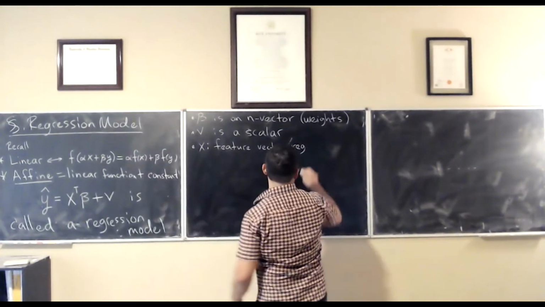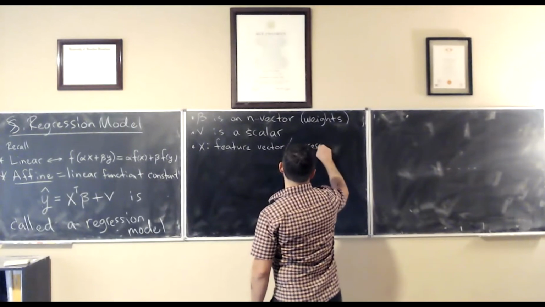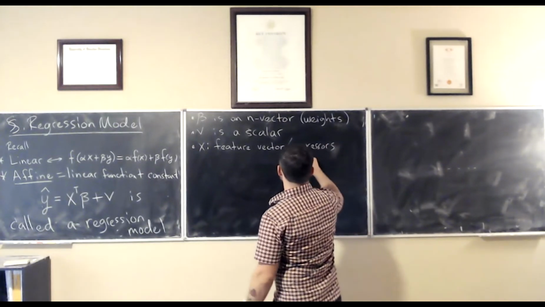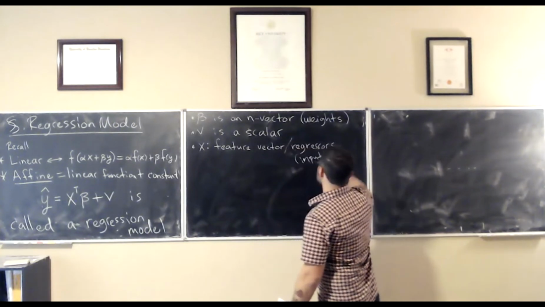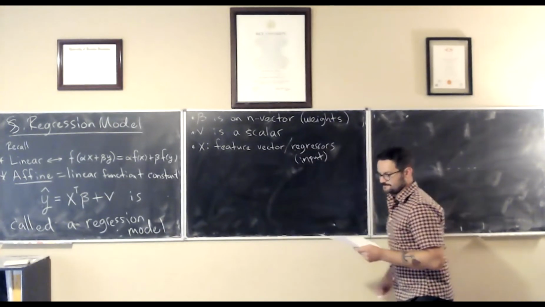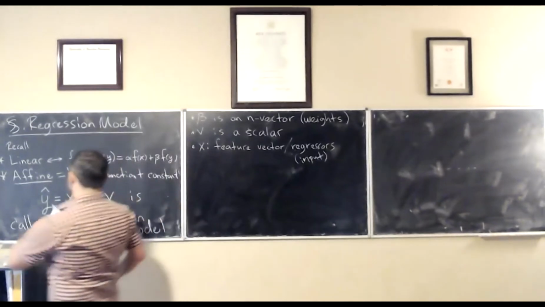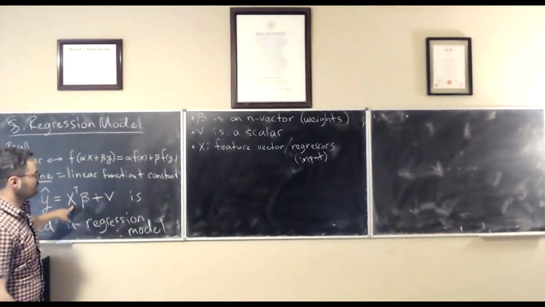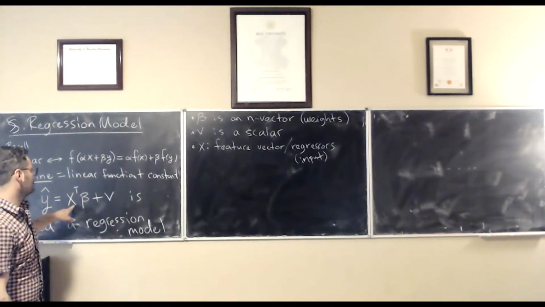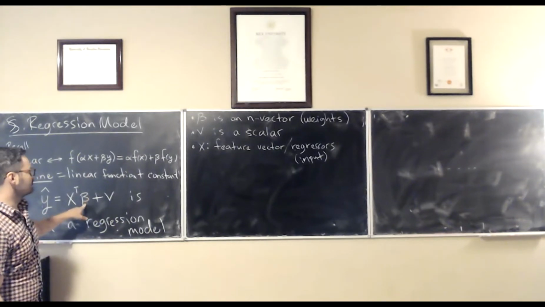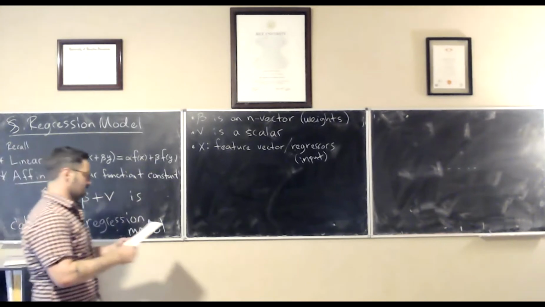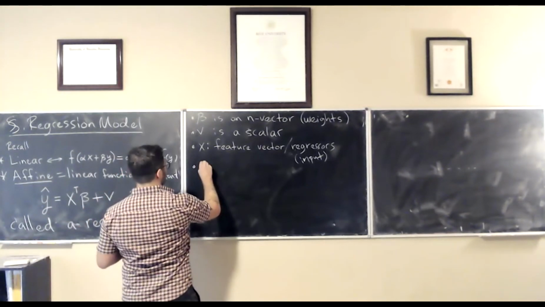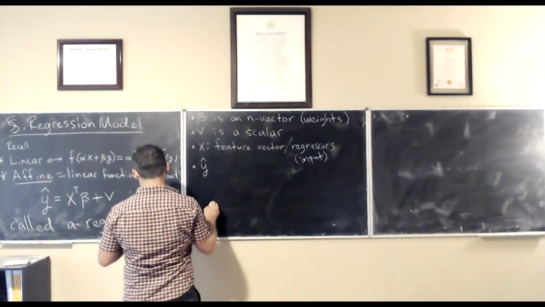Again, that equation right there. And this is like your input to the function, what you input into the model. Think of y hat as your, this whole equation is your model. Your inputs are your features or your regressors. You have your weights, you have a scalar. And finally, y hat